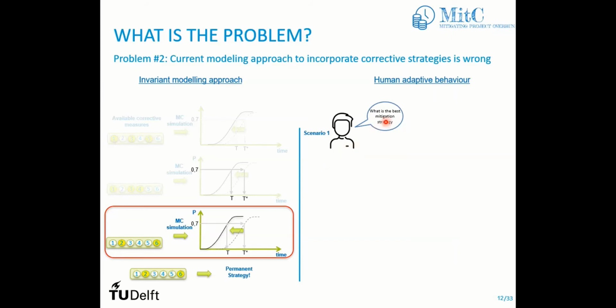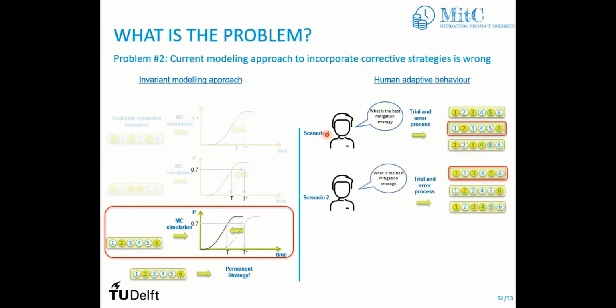So he will think, okay, what is the best mitigation strategy in order to mitigate my delay? He has several corrective strategies to choose from. Then he will, of course, think by doing trial and error, and by trying different stuff, he might choose this one here, because this is the best for his scenario, which is scenario number 1. But given another scenario, scenario number 2, the same guy might choose another strategy, because this strategy now is better for this